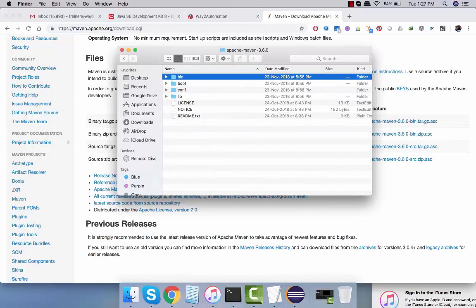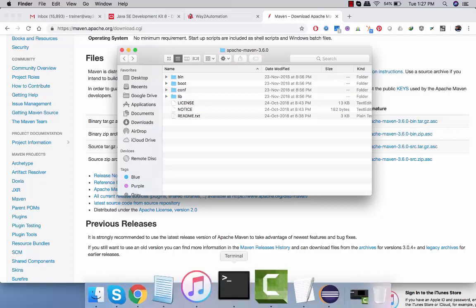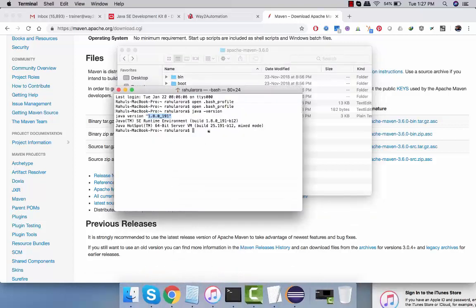So Maven is inside this bin folder. In order to use Maven commands, you need to set up the environment variables for Maven as well, same way like we did it for Java. So again, go to your terminal and say open .bash_profile,